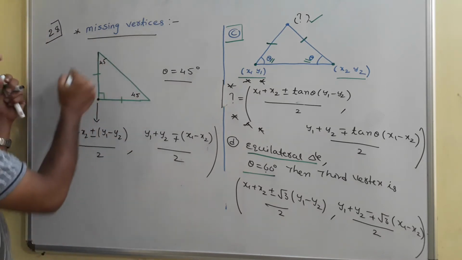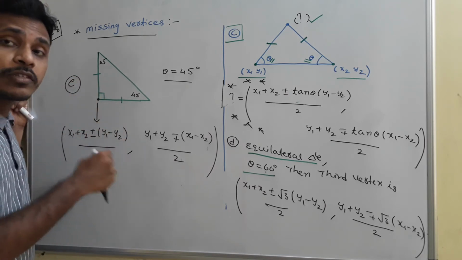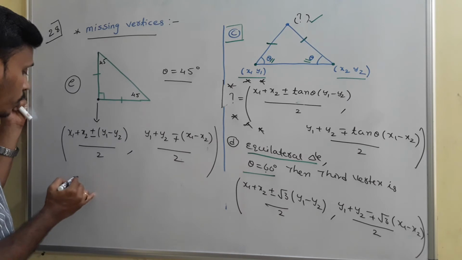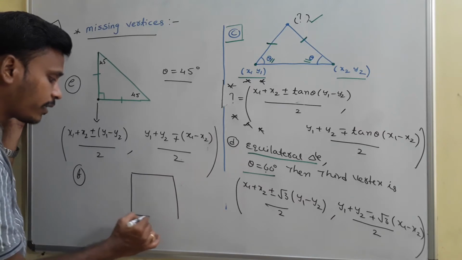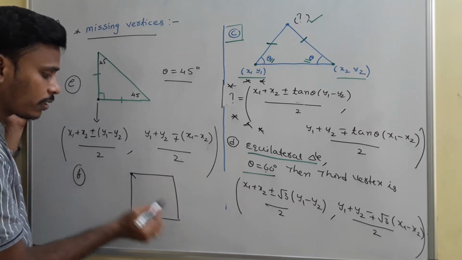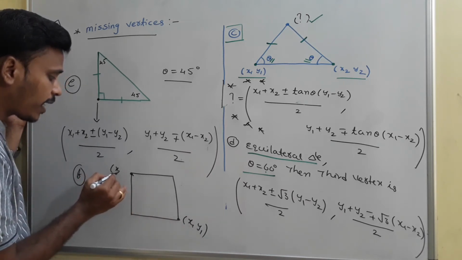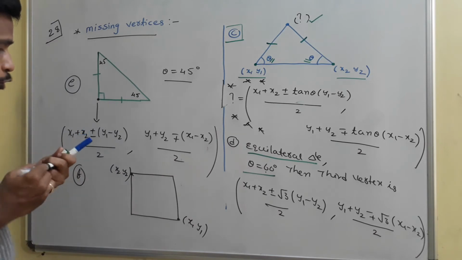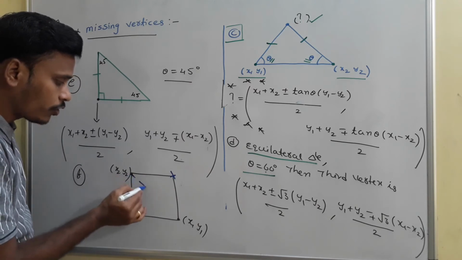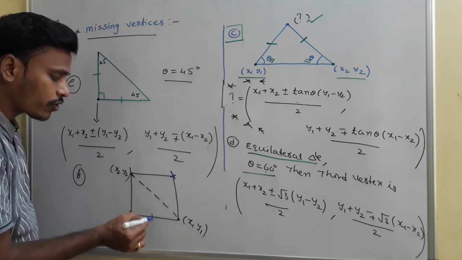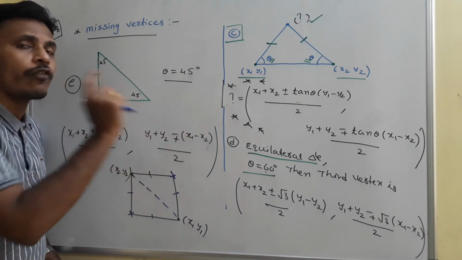Okay. And see, after having this third vertex of an isosceles triangle, this idea also helps in finding the missing vertex of a square. Suppose I have a square like this, okay, I have two vertices, these two vertices. If I have these two vertices, one as (x1, y1) and the other as (x2, y2), and if you try to join these two, it will form two isosceles right angle triangles, and these two coordinates are determined by this particular formula again.